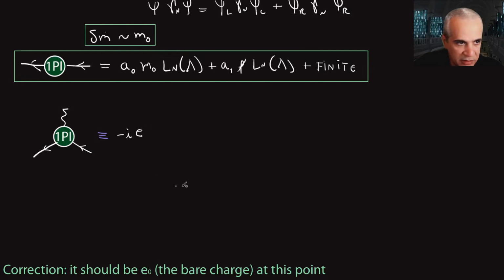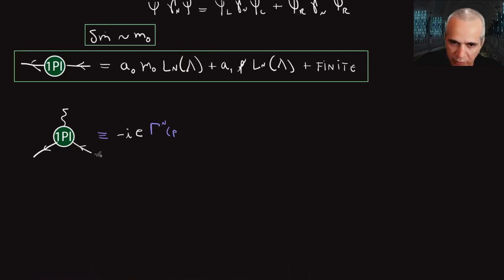I am always putting explicitly a charge here, and I'll call this guy gamma mu, and it depends only on two momenta, which we usually choose as the fermion ones, which I'll call p and p prime here. I can do the same trick I did for this guy, just take derivatives in one of these